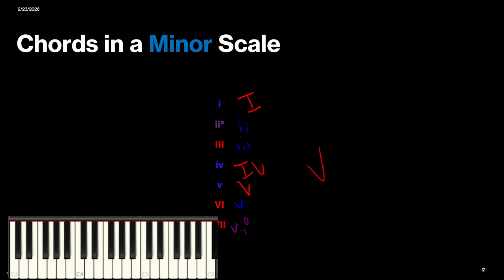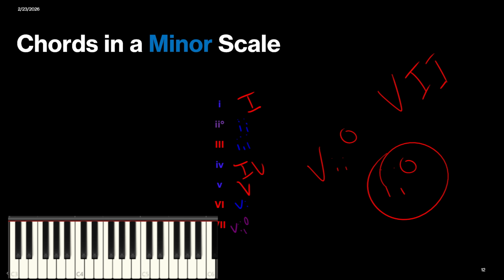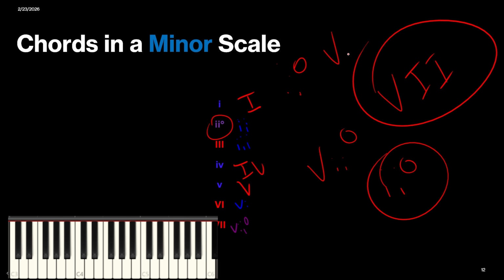So when we have a diminished 7th in the major scale, that's going to switch into a diminished 2nd in the minor scale, and then the 7th chord becomes a major chord. So it's actually kind of simple if you just remember it like that, how everything just flips except for those 2 chords,